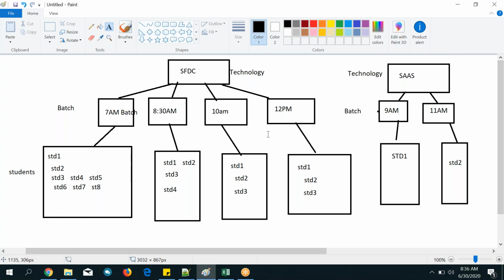So what we have discussed as of now: lookup relationship and master-detail relationship, and also page layout. In the page layout, we have seen how to add a related list to the page layout. And for lookup, we noted down 2 points. We made technology and batch a lookup relationship, and also between the batch and student objects we made a lookup relationship.